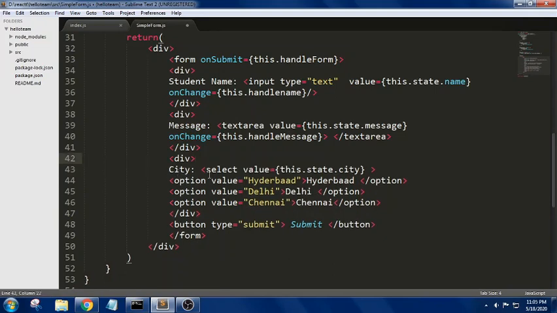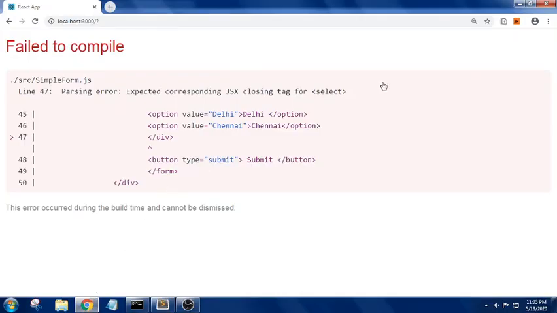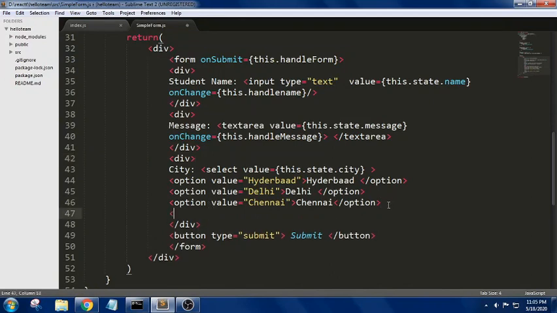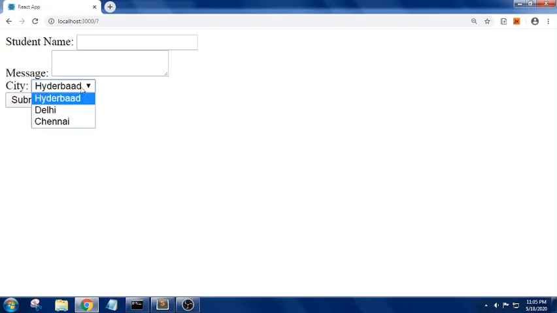We have one more extra div here. Somewhere we might have not closed. Select, oh, select tag close. Yes, it is done. Now we got it.